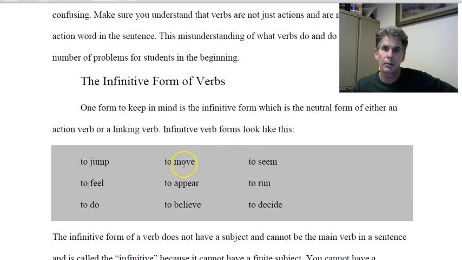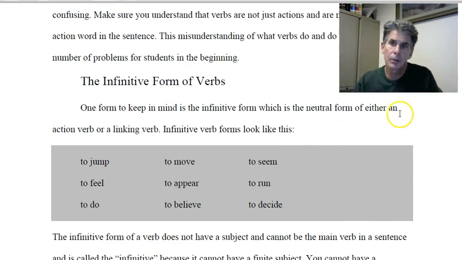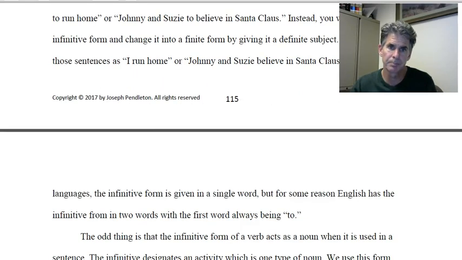So that's what the infinitive is. It can never, ever function as a verb in a sentence. It's odd that the neutral form of a verb really functions like a noun. It's an infinitive form of a verb, but once it actually functions, it jumps over to what nouns do. It either functions as a subject or an object. All I want you to know about infinitives is they can never, ever function as the main verb.